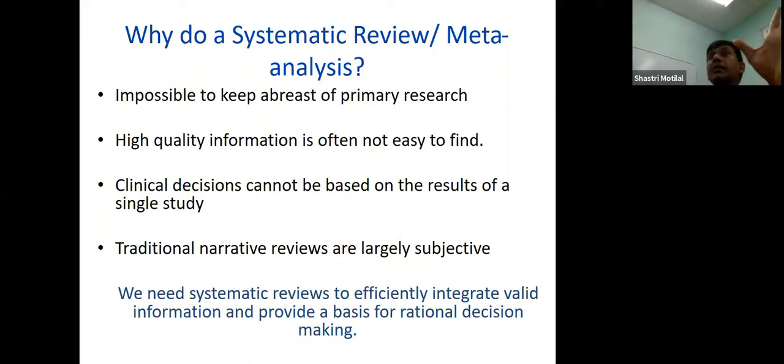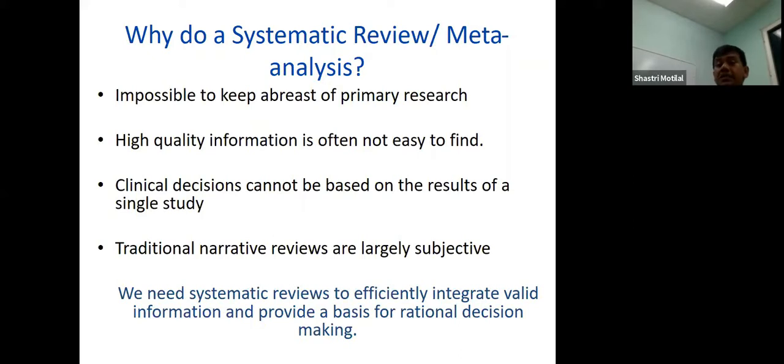So the SPRINT trial came out and it suggested benefit in lowering people's blood pressure lower than 140 over 90. And it said, yes, there's a difference. We shouldn't be quick to practice medicine based on that trial. So there have been systematic reviews of many studies looking at the same question: does intensive treatment of blood pressure, compared to normal treatment of blood pressure, make a difference?